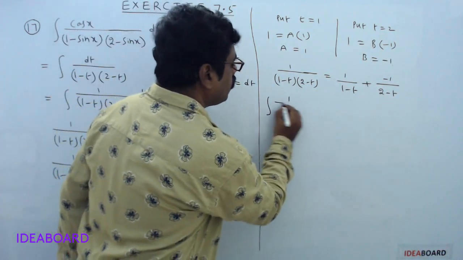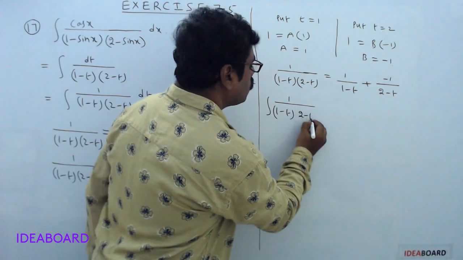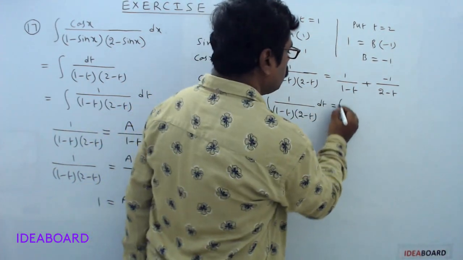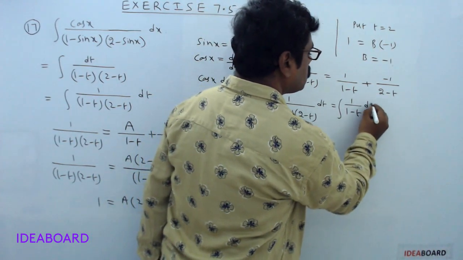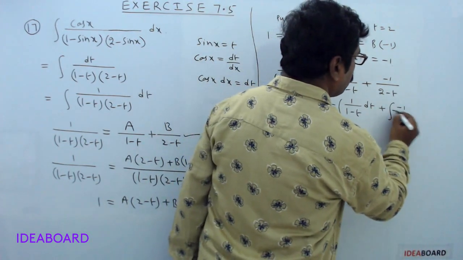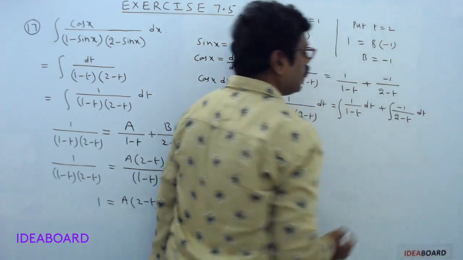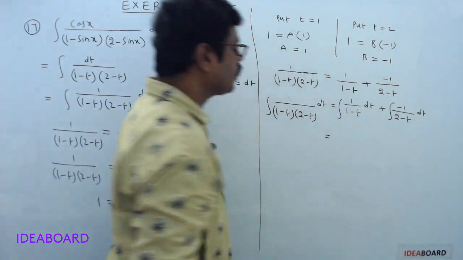This is integral 1 divided by (1 minus t) into (2 minus t) dt equals integral 1 divided by 1 minus t dt plus integral minus 1 divided by 2 minus t dt. Now this equals